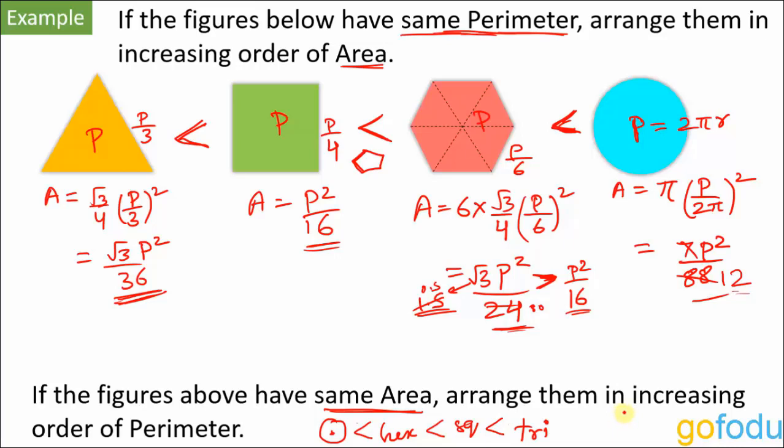Let's look at another logic for this first question. Circle has infinite lines of symmetry. It could be folded along any of these lines and its parts will properly overlap. Basically, circle is the most symmetrical figure of all. And for a given perimeter, a symmetrical figure will have maximum area.